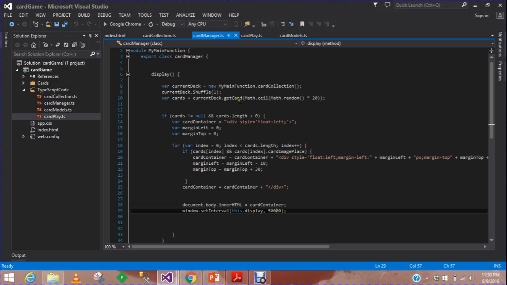Already have the 2 loops, and there is a variable cards, and currentDeck.getCards, and from this we get the list of the cards, randomly listed. And this is a Math.random number generated, multiplied with 20. I really don't know what the ceil is, the smallest number greater than or equal to the numeric argument. Then if the card is not equal to num and the card length, there is some HTML code,